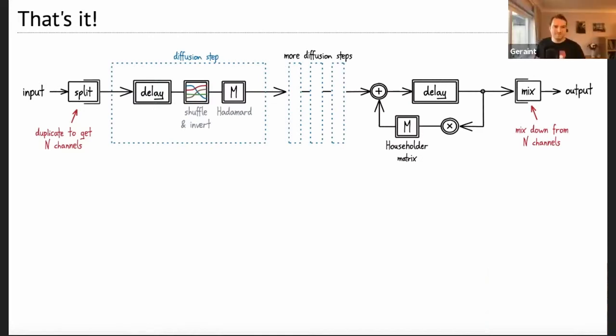Sure. And also, can I ask another question on top of that? What is the RT60 time? Because I've not heard that term before. RT60 is the number of seconds that a reverb takes to die away to 60 dB down from the original. So you clap or stick a pulse through it, and then